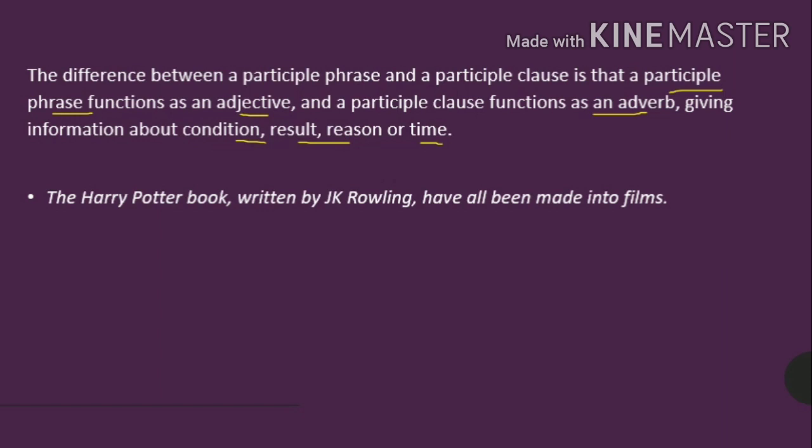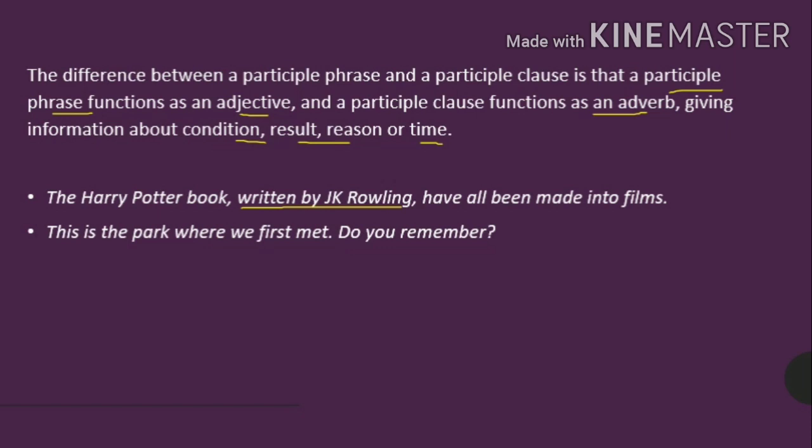Let us look at some examples. Now, this is the additional information here. The Harry Potter book, which was written by J.K. Rowling. Actually, it is "which was". So we remove the relative pronoun which. Was is removed, the verb is removed. So this is the additional information, and this is not actually required to give the complete meaning of the sentence. So we call this the non-defining relative clause.